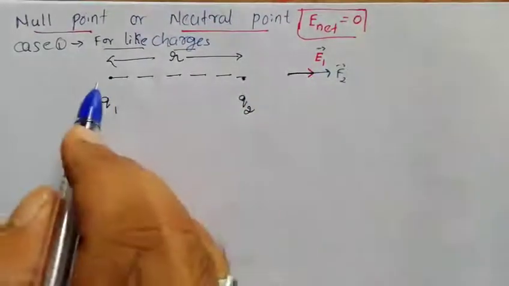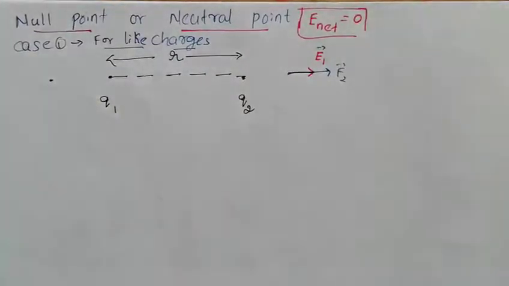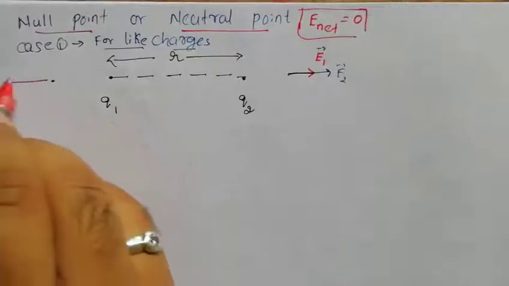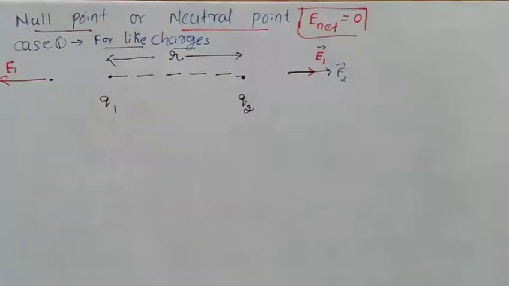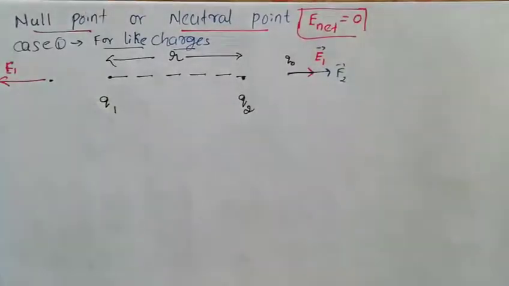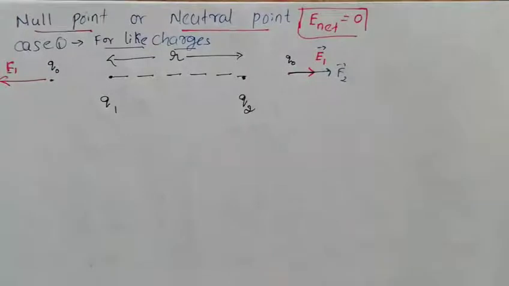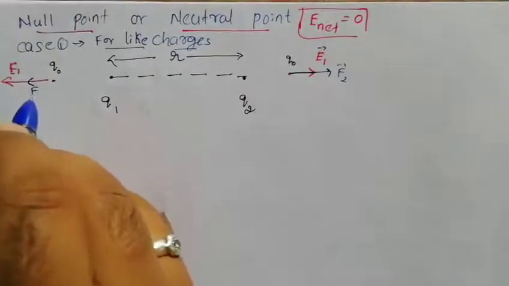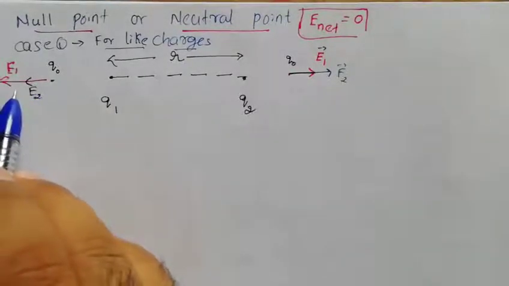So let us see this side now. Is it possible somewhere here? Again, the electric field due to Q1 is in this direction. That is E1. I told you already, wherever you are going to find the electric field, you need to imagine a unit positive charge. So here also you need to consider a unit positive charge. So the electric field due to the second charge is in the same direction. So here also the electric field is not 0, but it is adding up.